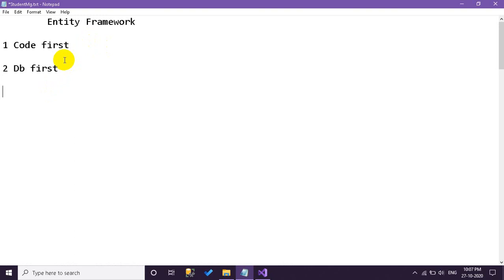Then later, by doing some operation in our Visual Studio, I will show you how to do that, we get the automatically generated code. DB first means create the DB and get all the code. Here, in code first, you just type some code and generate tables, and vice versa. You can understand that.